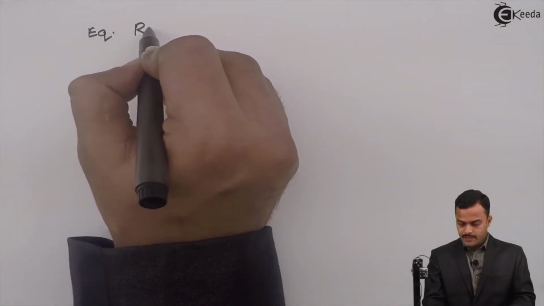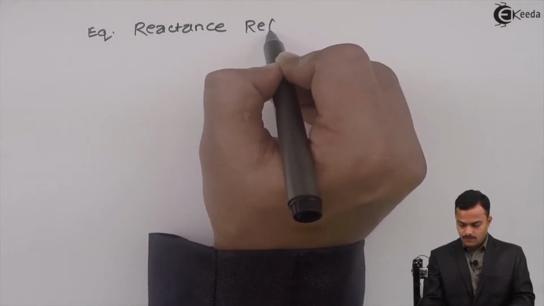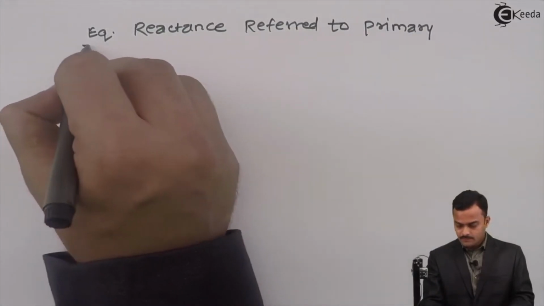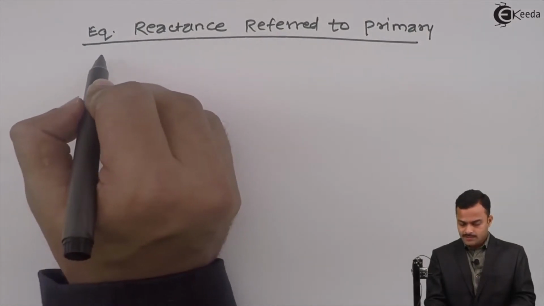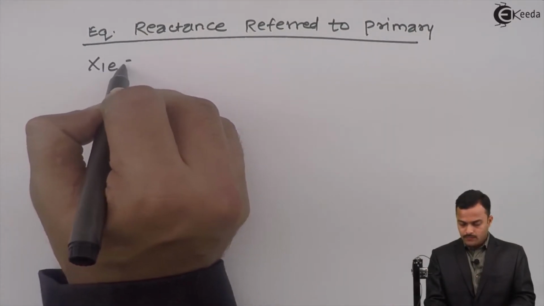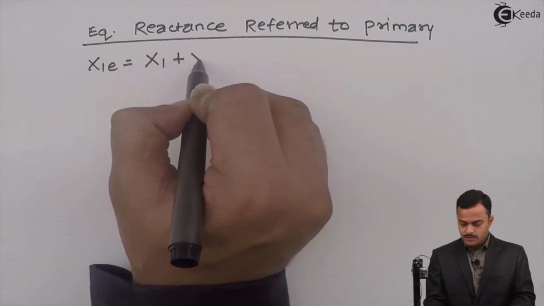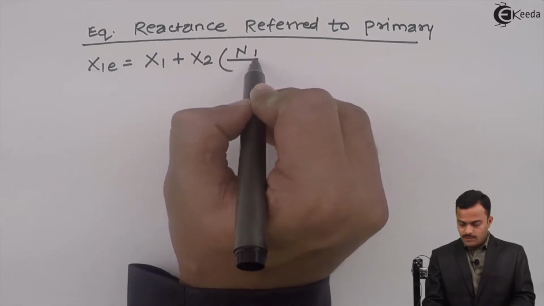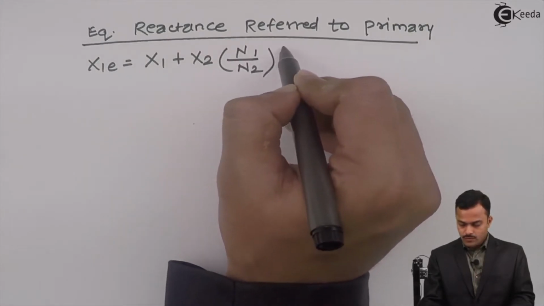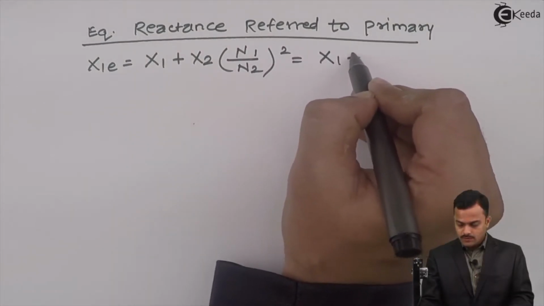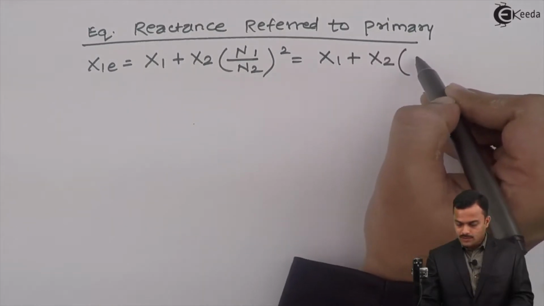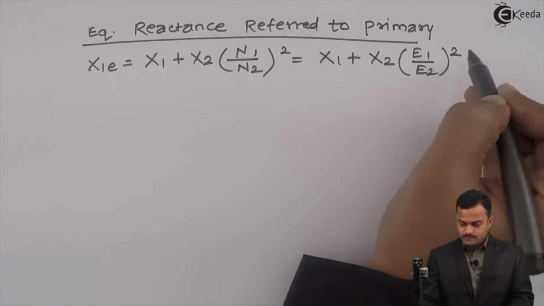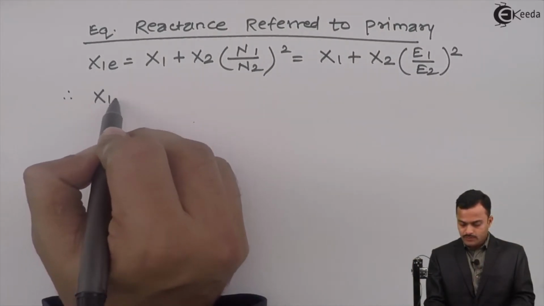So equivalent reactance referred to primary. The formula is X1E equal to X1 plus X2 multiplied by (N1 by N2) square, nothing but X1 plus X2 multiplied by (E1 by E2) square. So if I substitute the values, I will get